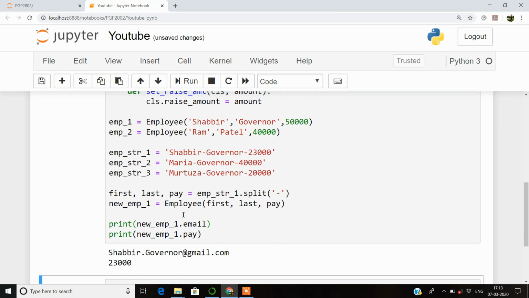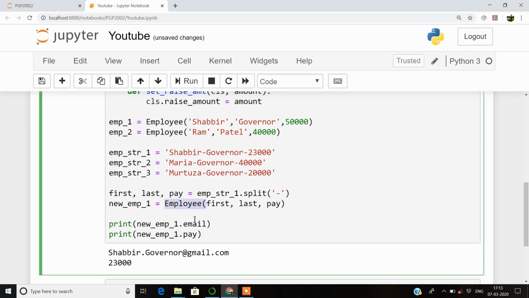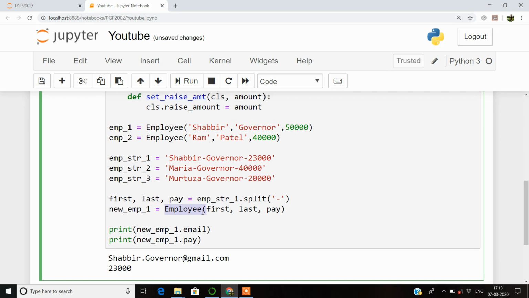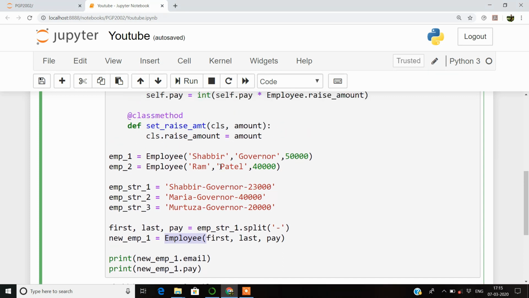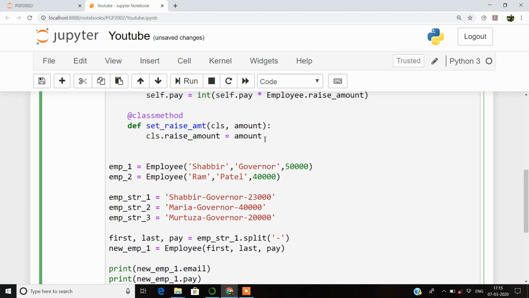But the problem is that here we are actually passing the string to the Employee class itself. So instead of passing this to the Employee class itself, what if we define a class method that can work as a constructor inside the class to do such string splitting? What I mean is that we can define another class method. So for that, I'll use the decorator again, that is classmethod,